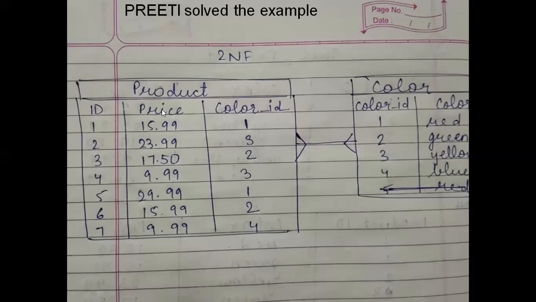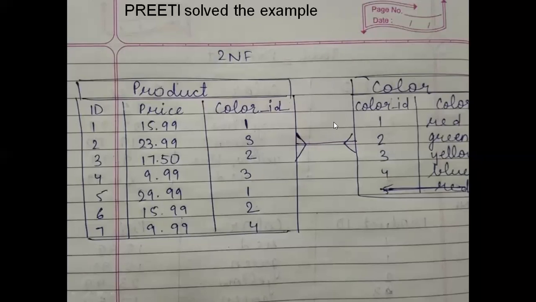So what will be here? This is the primary key of a user table, this is the primary key of the color table, and product ID is the primary key of the product table. Here the color ID will be the foreign key, in association with the color ID. This is very useful for particular execution, so it is in the second normal form.